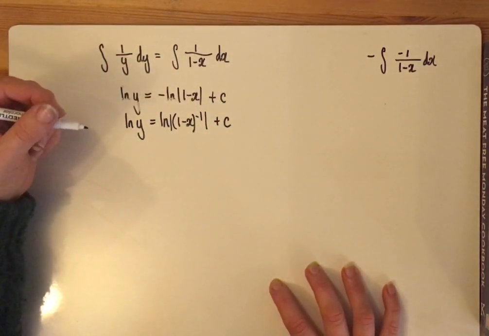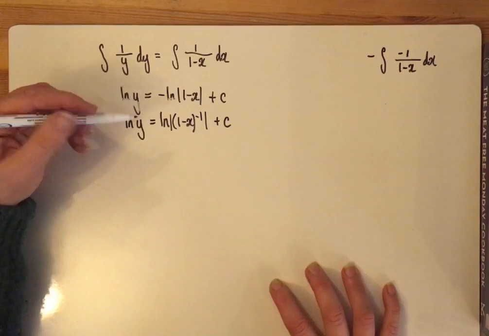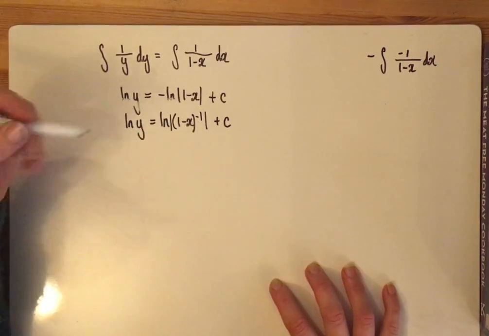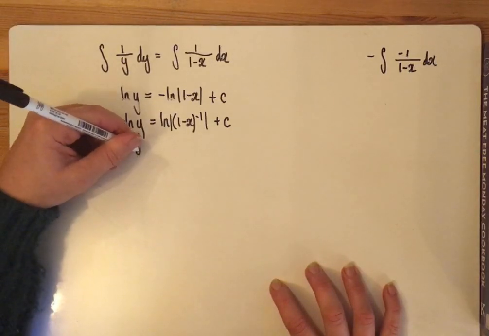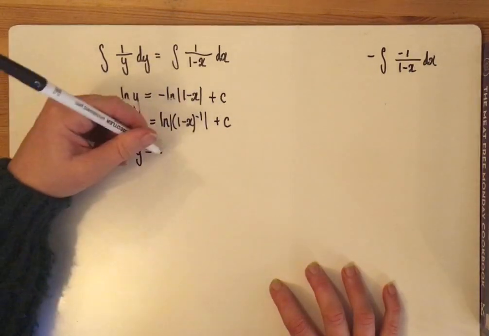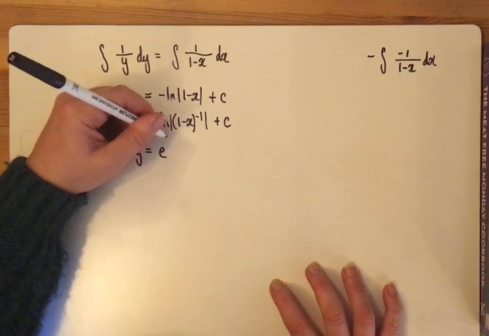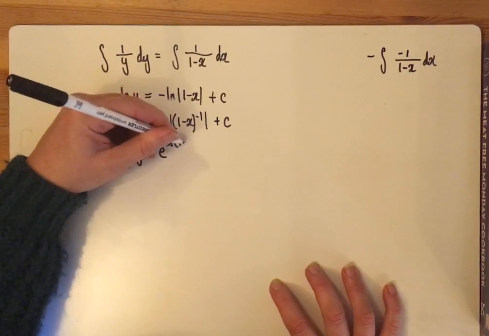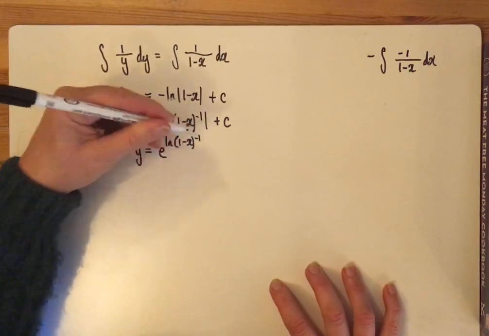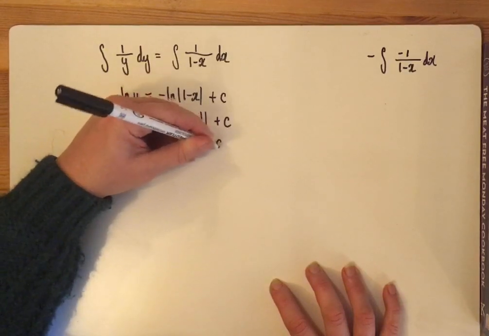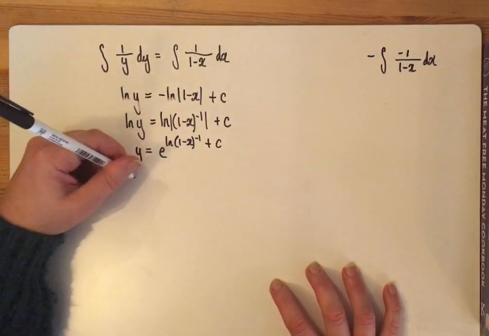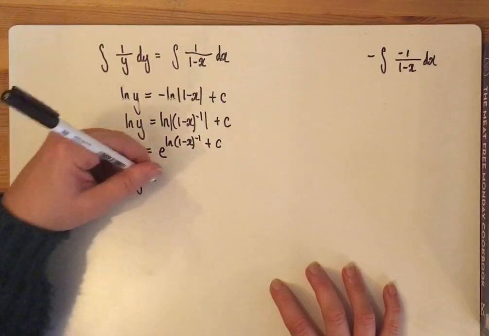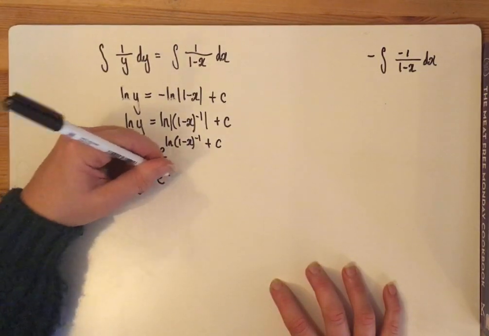And then raising both sides, so we do e to the power of both sides, gives you y equals e to the ln 1 minus x to the power minus 1, plus c. And then when you add, this is the same as multiplying. So you get e to the power c